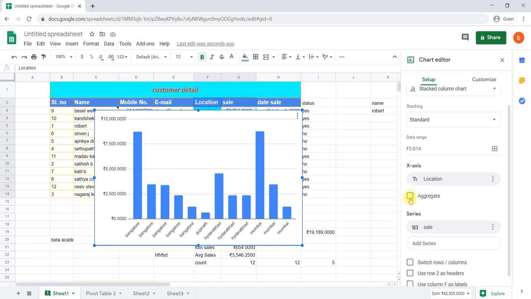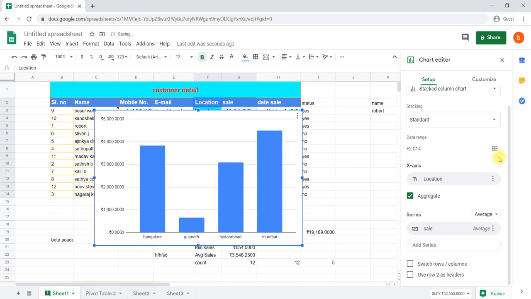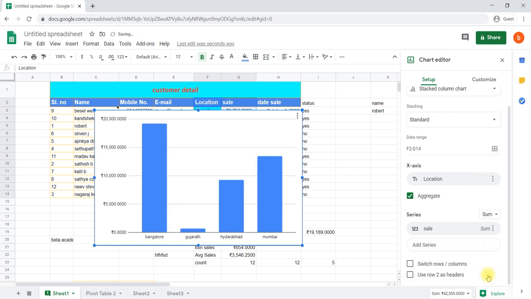The moment we selected aggregate, all the Bangalore entries were added together, Gujarat added together, like that. And then, if you would like to make a sum or average of sales in Bangalore, or represent the total sales in each city, you have to select which operator you would like to use.